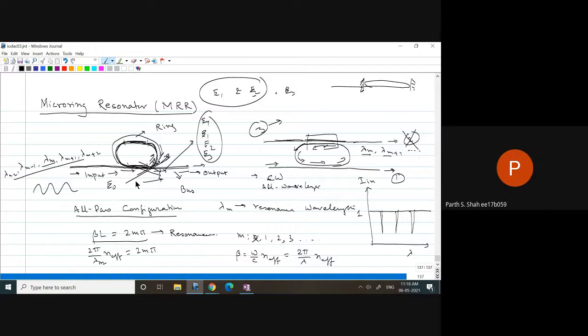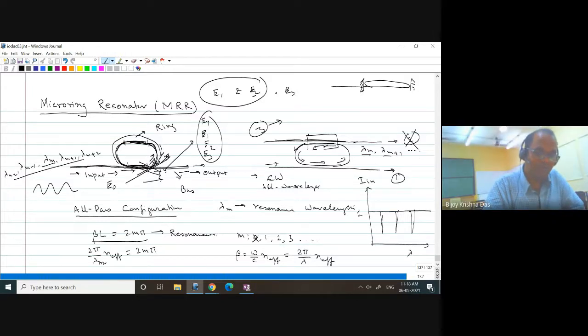Yes, sir. Okay. Now here also, when I am launching here, light is coupled and there is no other source. Here I am sourcing. So it will be coupled and lambda m plus 1, all the resonant wavelengths will be stored here. But since there is a directional coupler here, something can appear here. Whichever are stored, lambda 1, lambda m plus 1, will be stored in the ring. And since it is again coupled with a directional coupler, it will appear here. So that means I am launching all the wavelengths here.